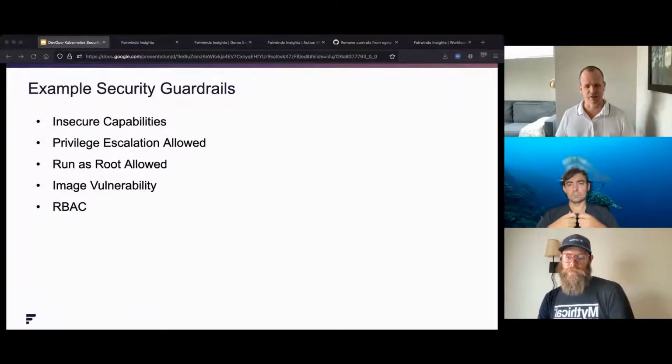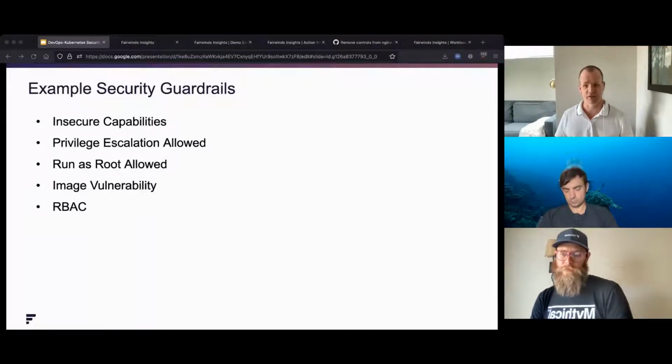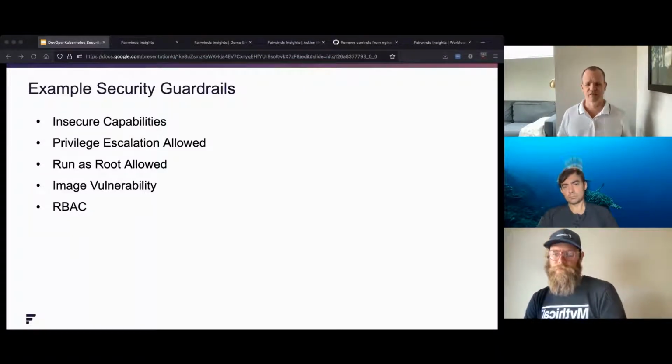Secrets is another one I'll give quickly. Instead of putting secret information, sensitive information rather, into other resources in Kubernetes, like static environment variables or into config maps, put them into a resource that Kubernetes provides that's called a secret. And that's then a separate type of resource that you can use RBAC to help protect.